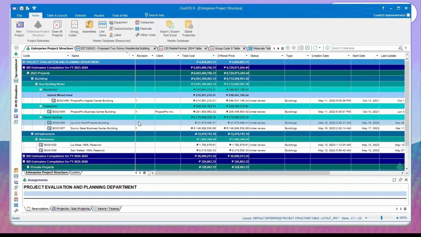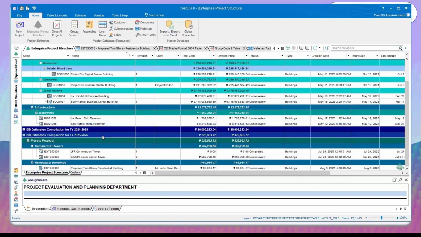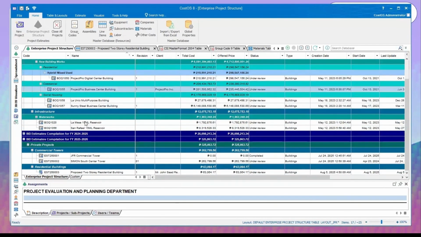Makikita nyo. All right, so this gives you now a complete visibility over the existing projects or estimates that you're currently working on. No need na to open up multiple Excel files and then later on you'll get confused. So this is actually viewing everything in just one window. All right, so